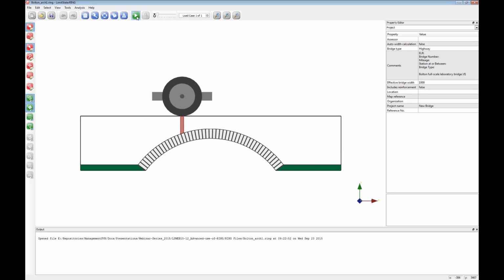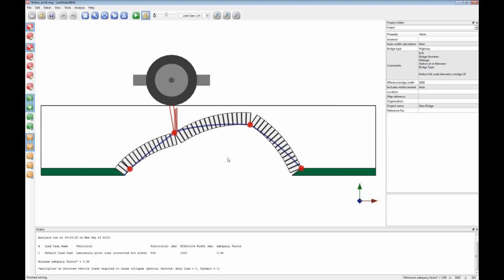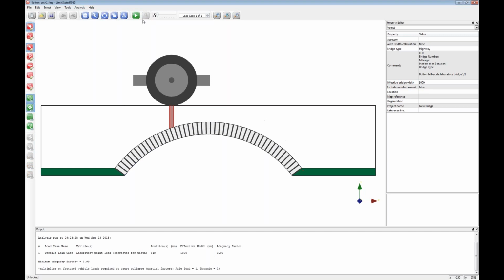of the arch. And if I click solve, then you can see very easily that we get a standard 4-hinge failure mechanism. And the collapse load for this bridge is 4 kilonewtons, which is actually very close, as we'll see shortly, to the experimental collapse load of 4.2 kilonewtons. What I can do, however, is